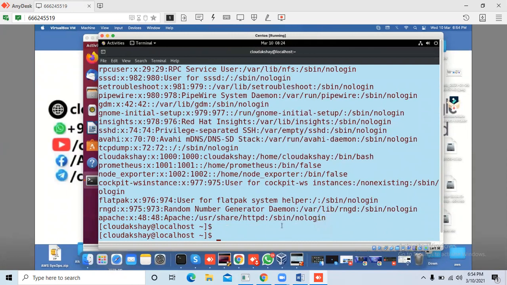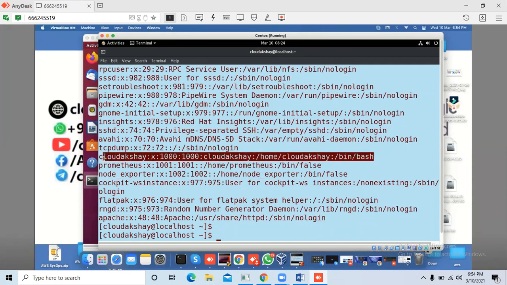And you are talking about bash, bin bash. Yes, so let's check. As I said previously, sbin is used for the root user or system users, and bin bash is used for normal users. So you can see a normal user exists here. CloudX is a normal user.